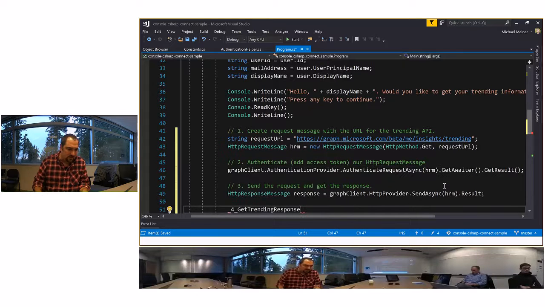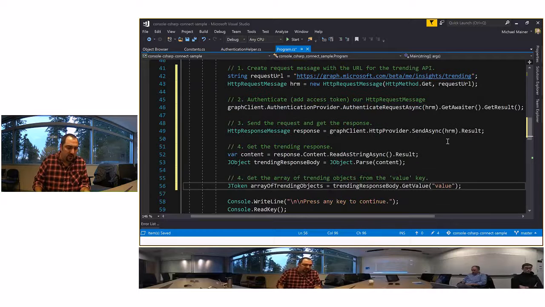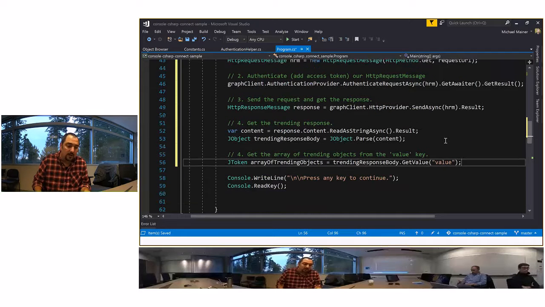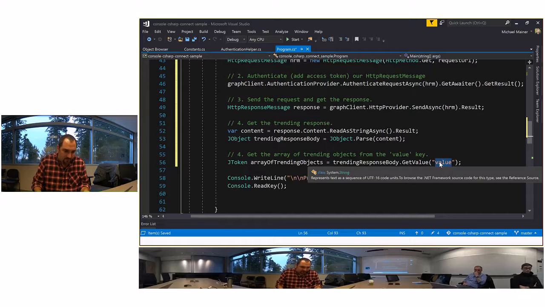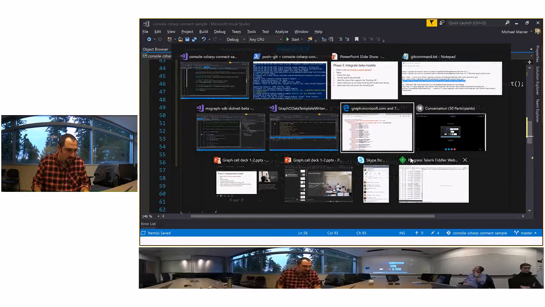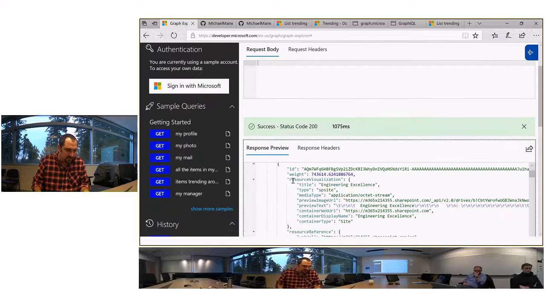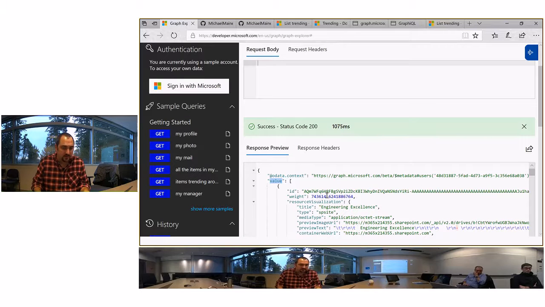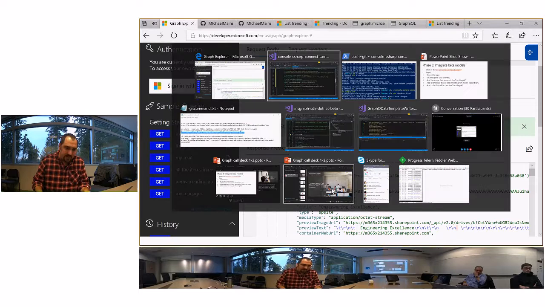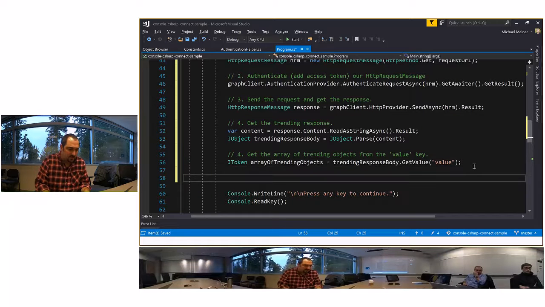And now we're going to get that trending object. You can recall in Graph Explorer, we got back an array of JSON objects. Those were those trending objects. And so what we need to do is get that array, and we get that by using the value key. Let me just go back to Graph Explorer really quick. And you'll see here's that value key to the array of our trending objects. Okay, so now that we've got that array of trending objects,